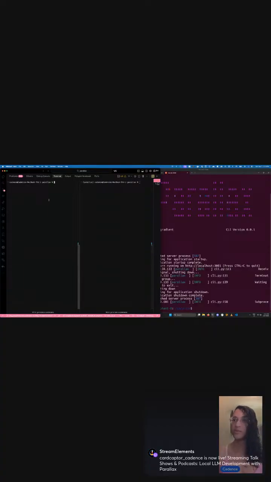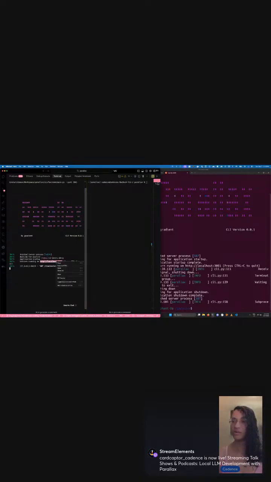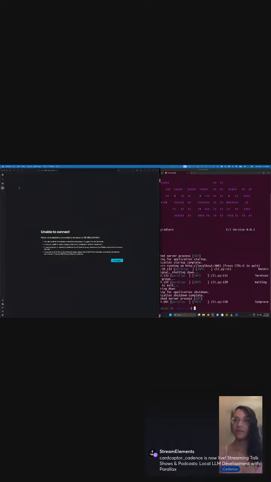So come back here and do the same thing, UV run parallax run. So that will make that port accessible from my machine here. And if we come back over here,